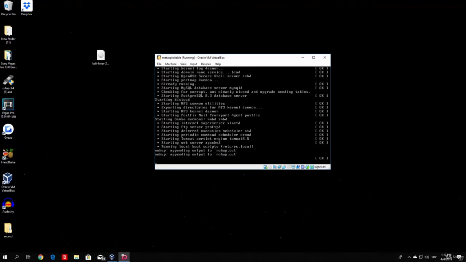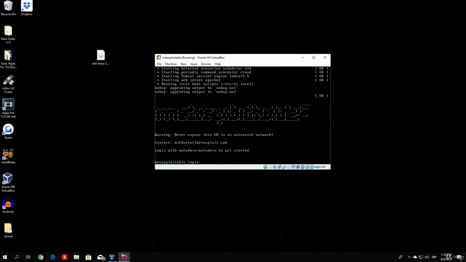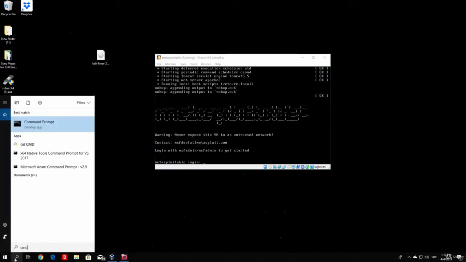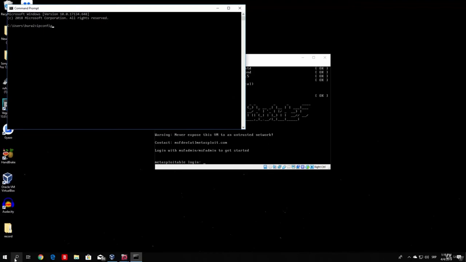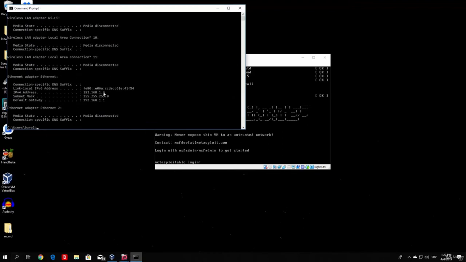Now after the installation of the Metasploitable, what I will show you is how you can make both the Metasploitable and your Kali Linux machine belong to your local area network. By belonging to your local area network, I basically mean to have an IP address which belongs to your local area network. For example, let me open my command prompt. On my regular Windows 10 machine, I type